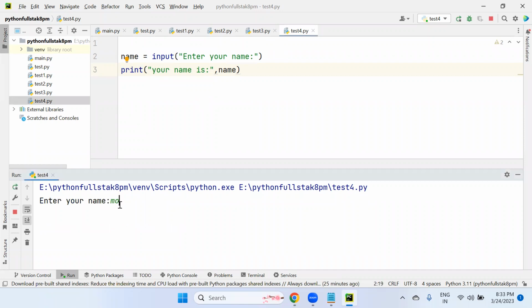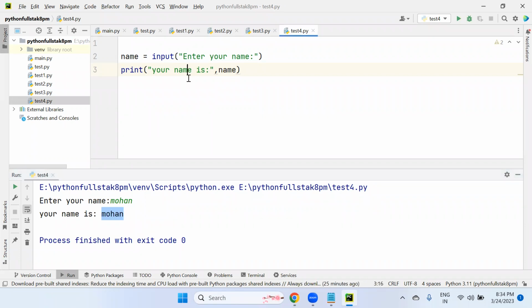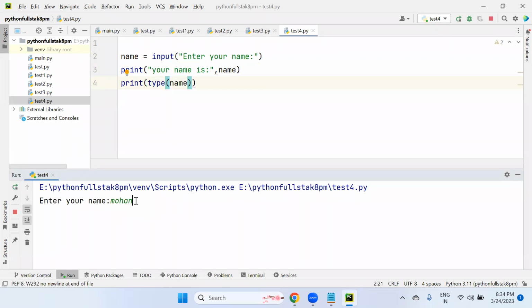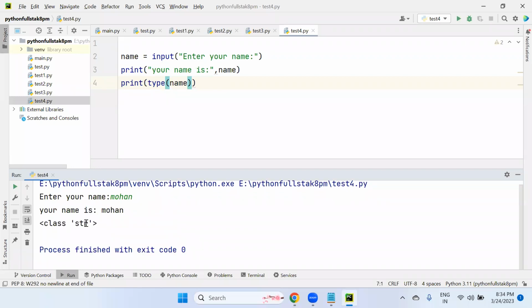Look at this here. We have to give input now. I'm giving my inputs here at running time in the terminal window. The moment when we hit this, it asks, enter your name. Mohan is there. So this is accepting values at runtime. But just try to find the type of this name. What type is this? Type of name is what? String type, obviously, because we are entering the name Mohan. Mohan is what type? String type.